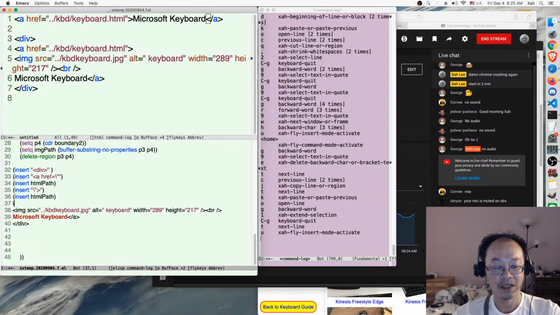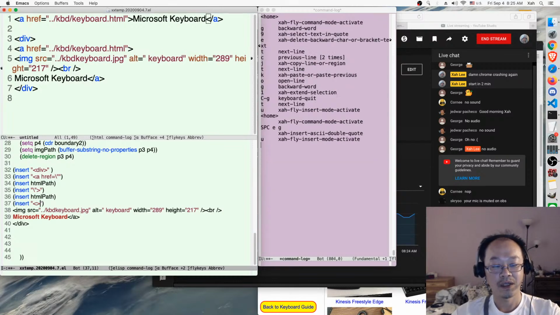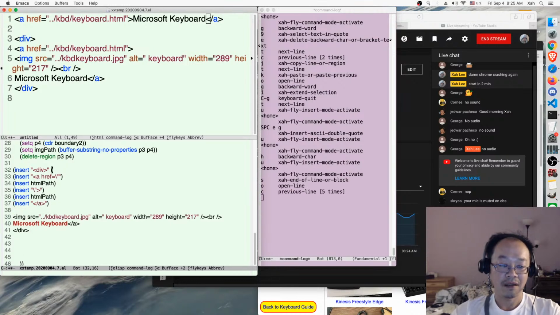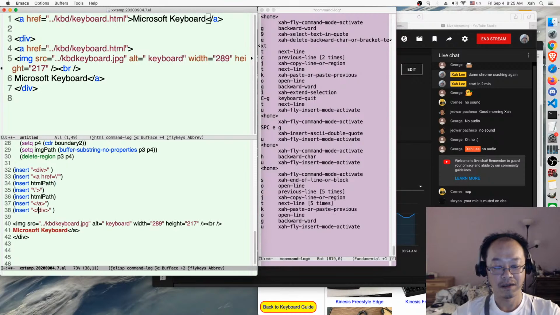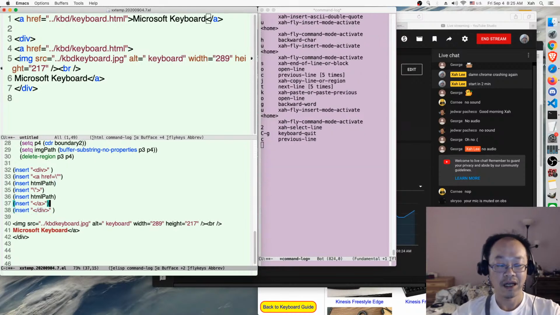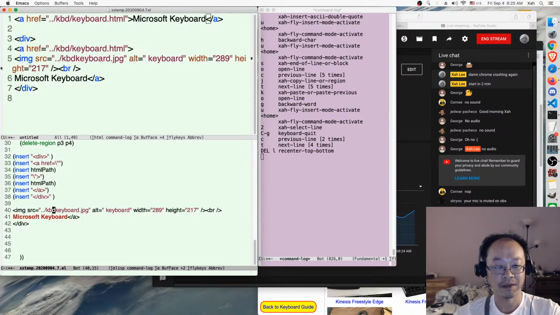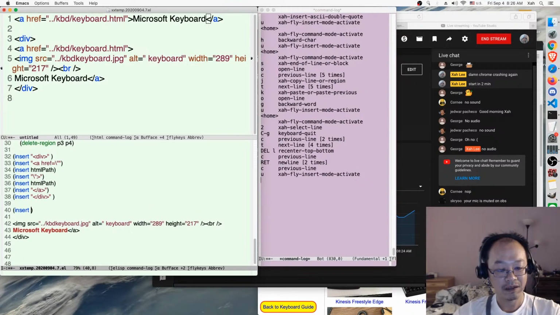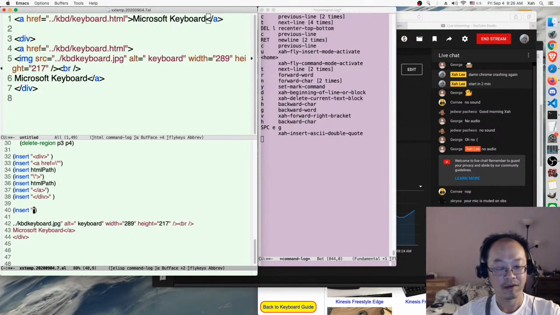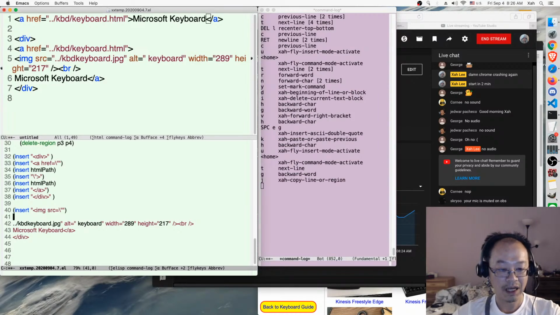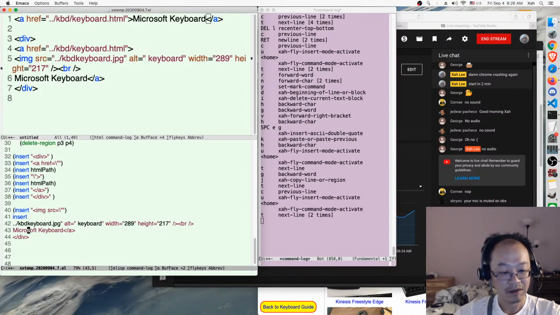Then we insert the closing tag, of course. Now we insert the end div tag. Now in between here, you need to insert the image file path. So okay, let's do that again. Okay, so insert that, and also insert,